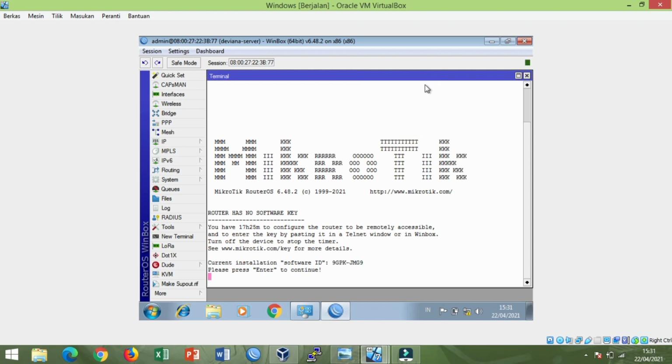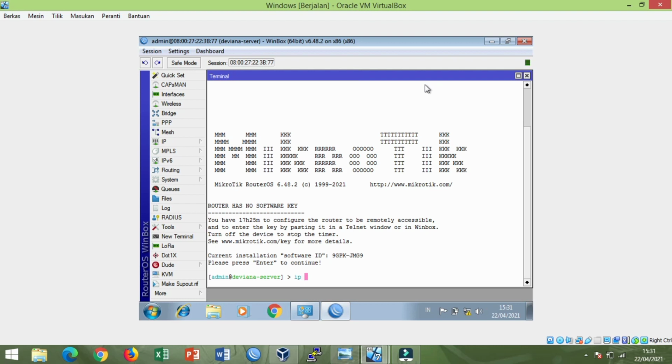the command IP firewall NAT add chain is NAT, out interface is ether 1, and action